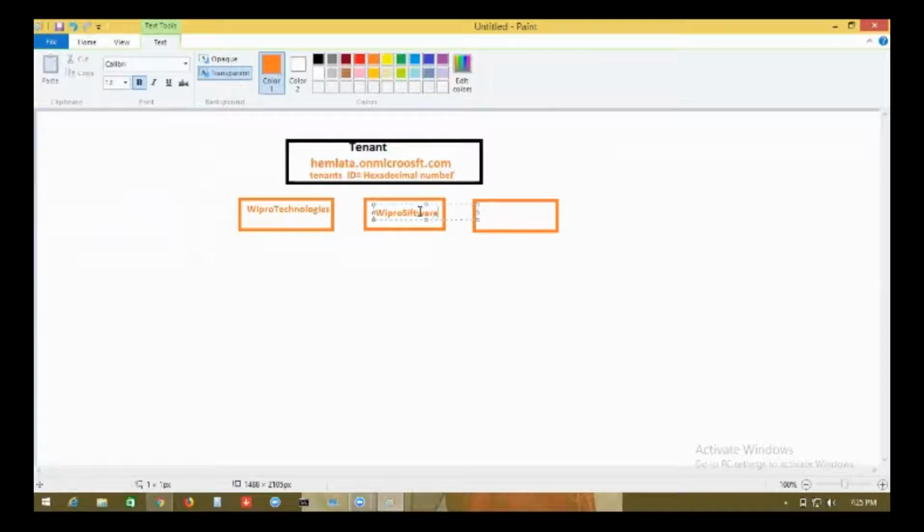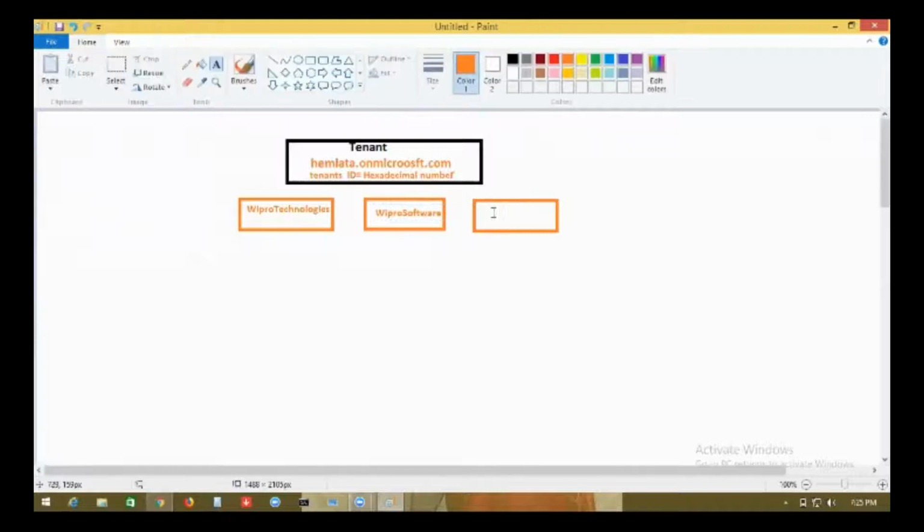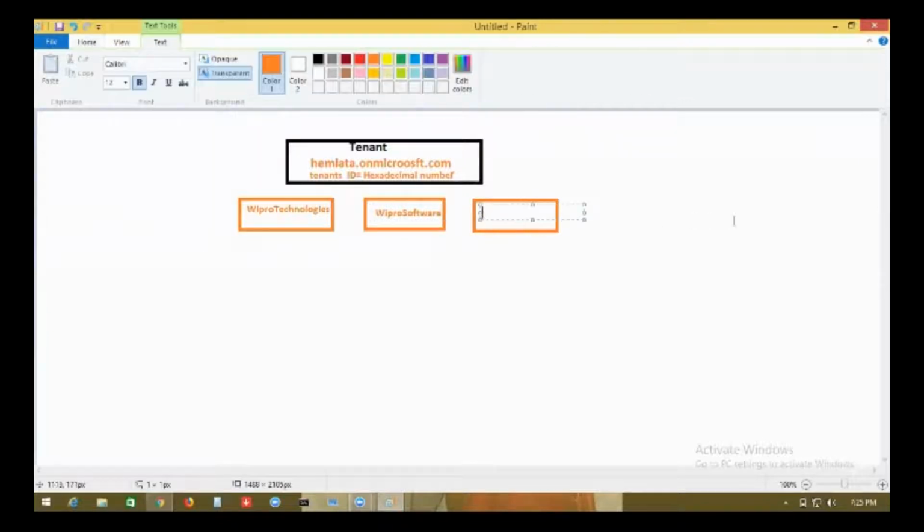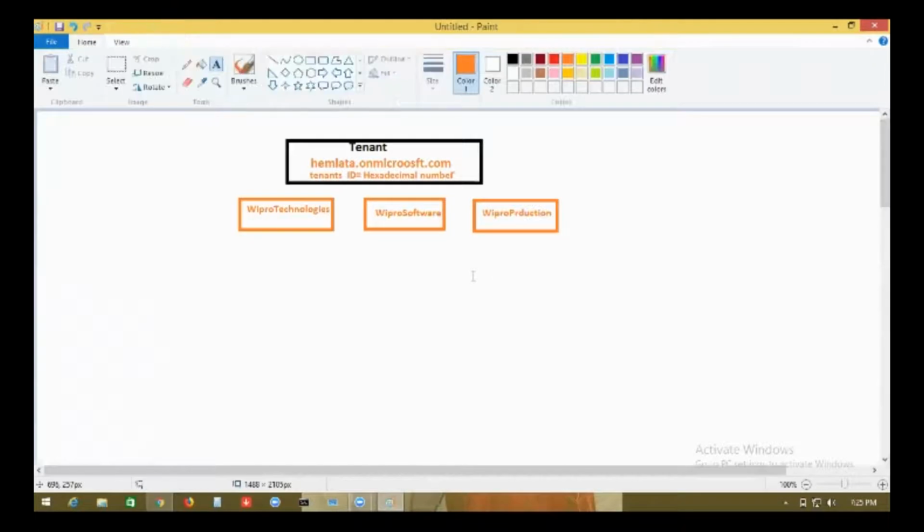And you know that Wipro also produces bulbs and a lot of electronics equipment, so this is called Wipro Production. Under me, I can create these many, and these are called subscriptions.